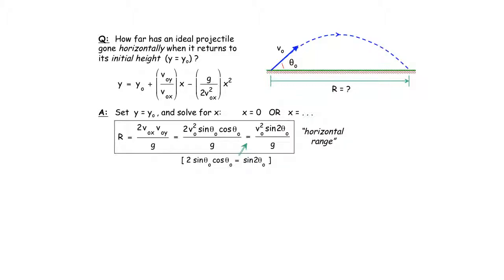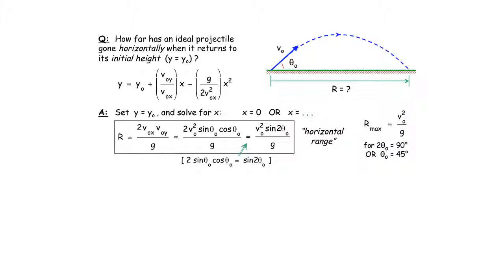How far do I go in the x direction? The answer comes out to this very neat little answer. It says the initial speed squared, so the magnitude of my initial speed vector, times sine of 2 theta, where theta is this angle from the horizontal, divided by some constant, g, which is a number, 9.8 meters per second squared. Now we can look at this equation and see this function is maximum when 2 theta is equal to